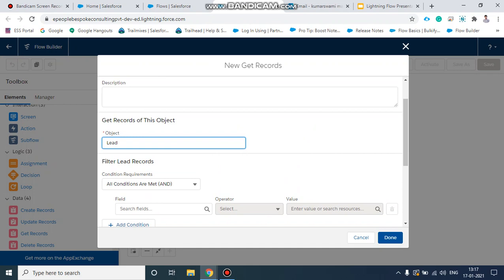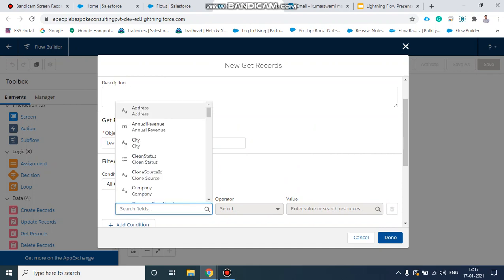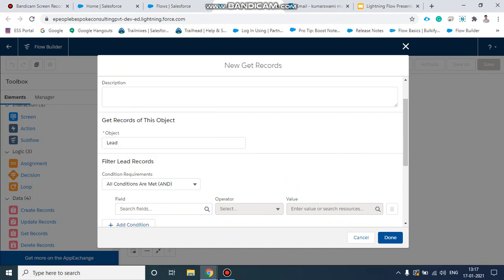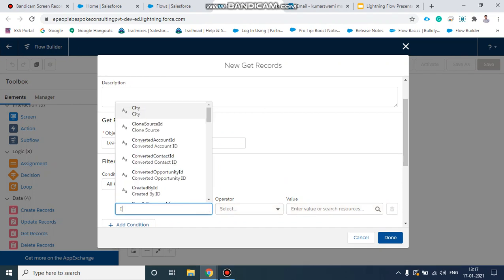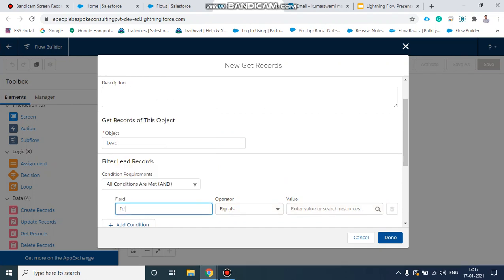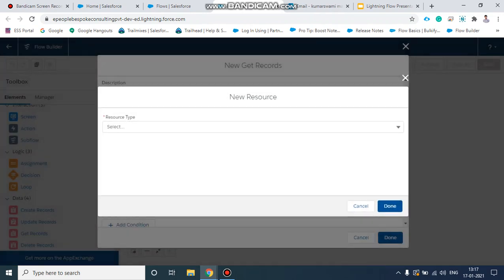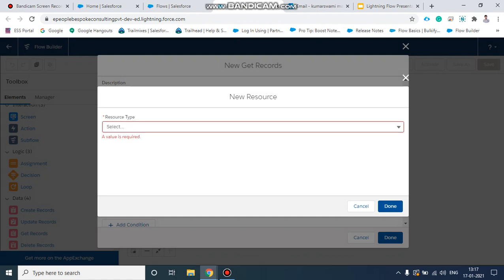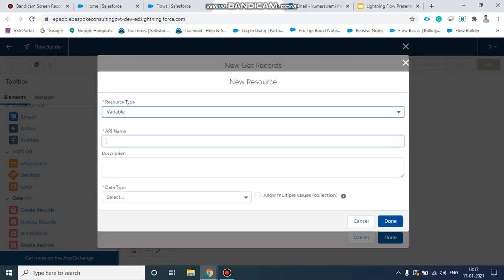We will select the object Lead, and make a filter where the Lead Id should be equal to a variable in which the record we are currently on, that Id, will be stored. For that we need to create a variable, and I will name it var lead id.